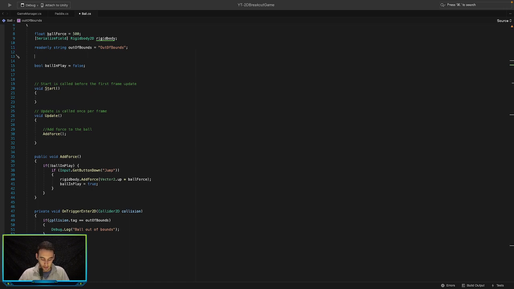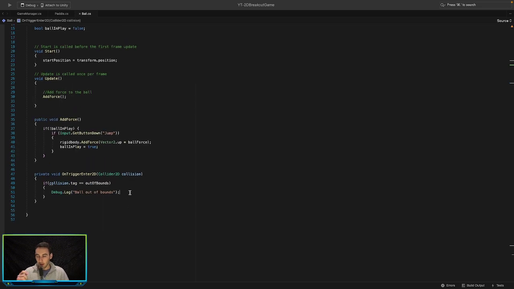So let's just go private Vector3 start position, and over here we're going to go start is equal to transform.position. Okay, so this needs to be Vector3, I forgot. So just like that. And then when we collide with the out of bounds box, we want to